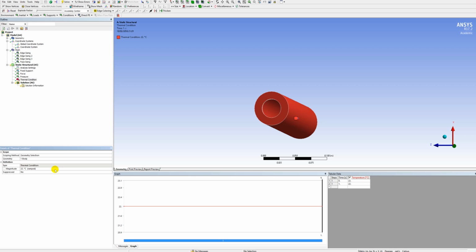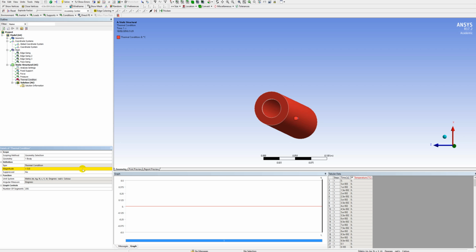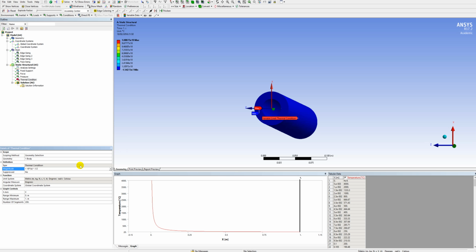Next, go to the Magnitude box, select it, then select Function from the menu. Type in 40, asterisk, left parenthesis, little x, right parenthesis, caret, -1/2. That's 40 over the square root of x. Hit enter, and a